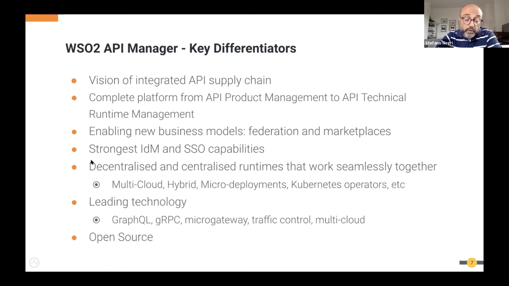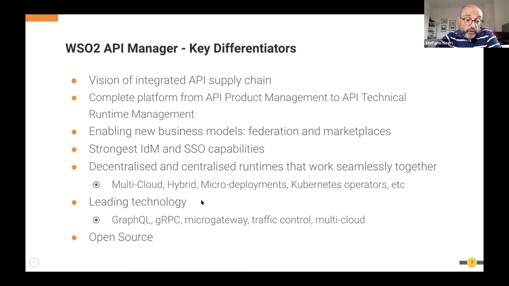And also, compared to other market operators, we support decentralized and centralized runtime. As I showed you before, we can provide, for example, a micro gateway. We fully support Kubernetes deployment with a dedicated operator. And we strongly recommend multi-cloud deployment or hybrid deployment.